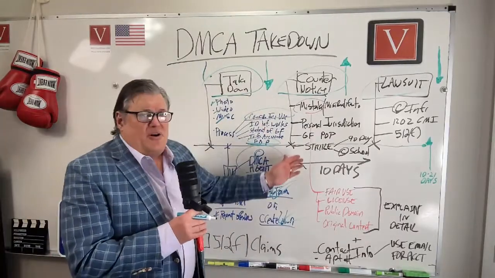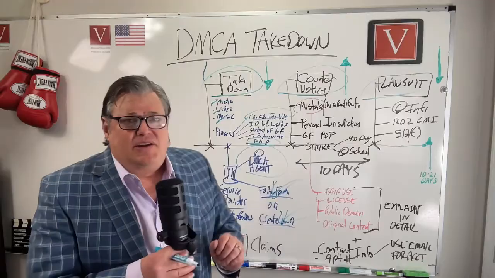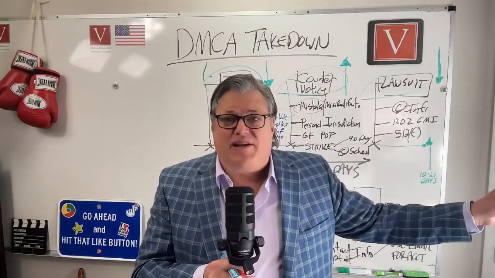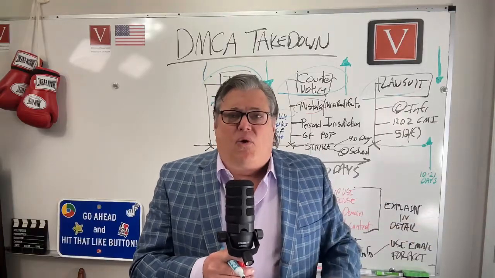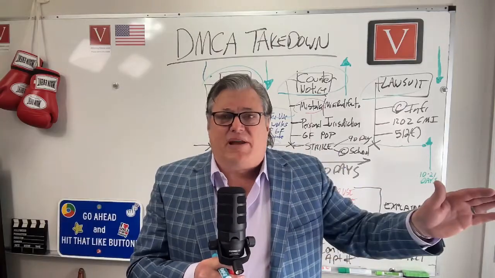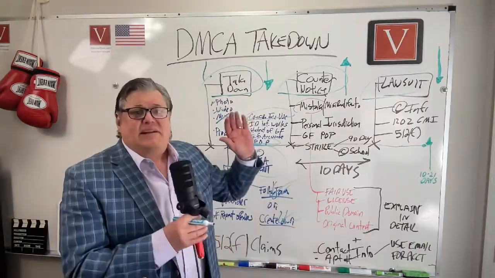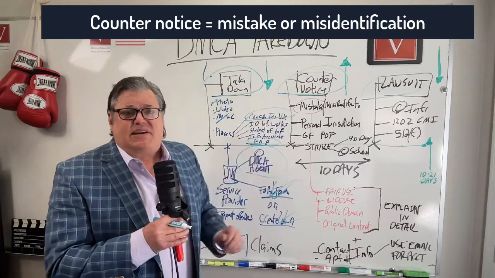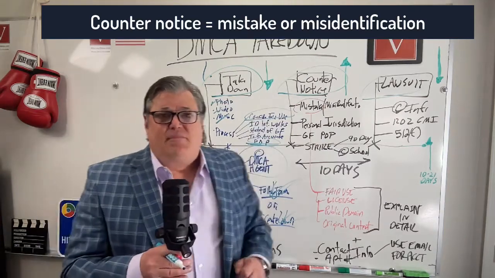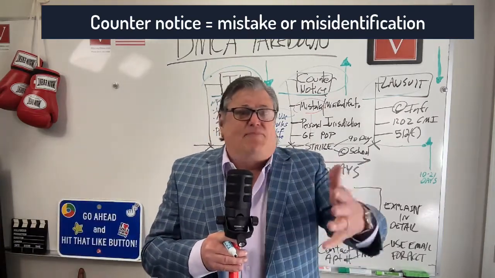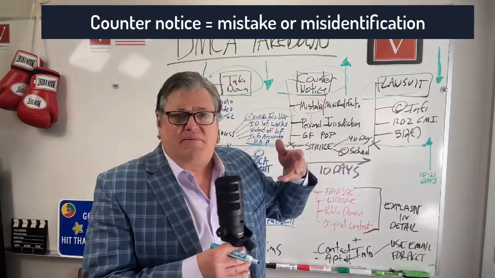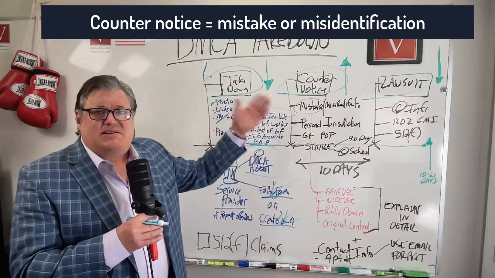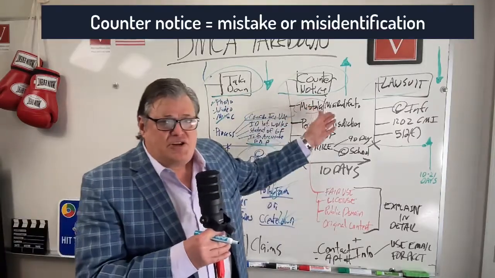So you get the counter notice, okay? If you decide you want to do nothing, you just let the copyright strike expire after 3 months. Or you can issue a counter notification. This is where you're saying, that is crazy. I am not infringing. This must be a mistake or a misidentification. Those are the two key words. Mistake or misidentification. They chose the wrong video. What are you talking about? They got the totally wrong video here. The one they identified is not the right video. This is a joke. Counter notification, okay?